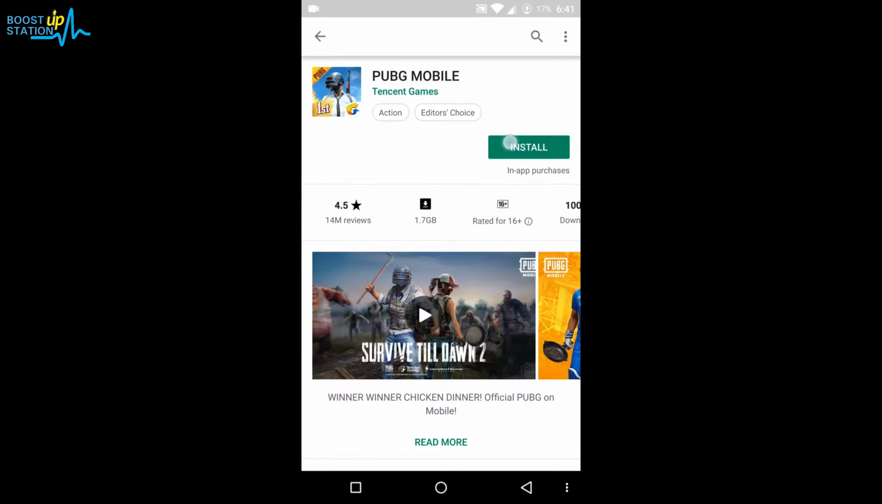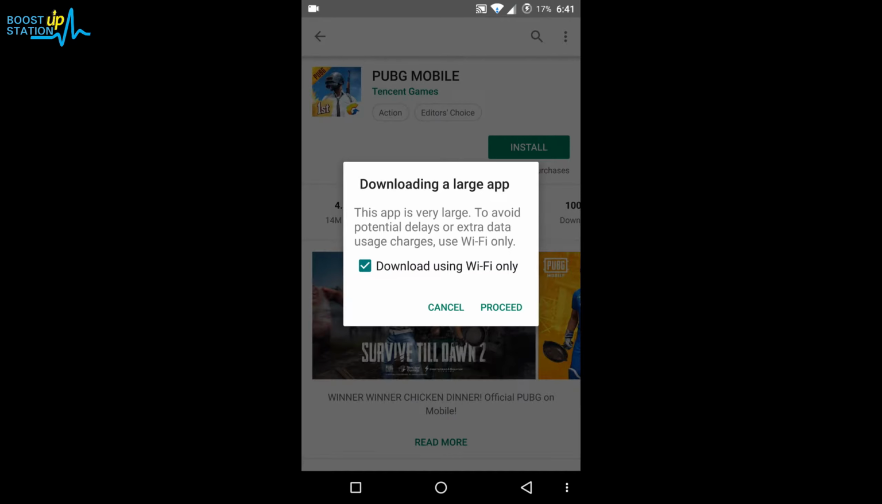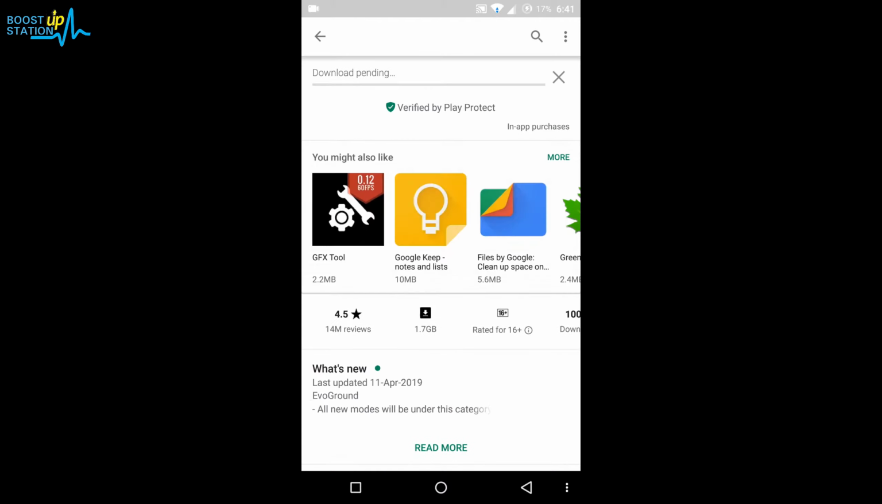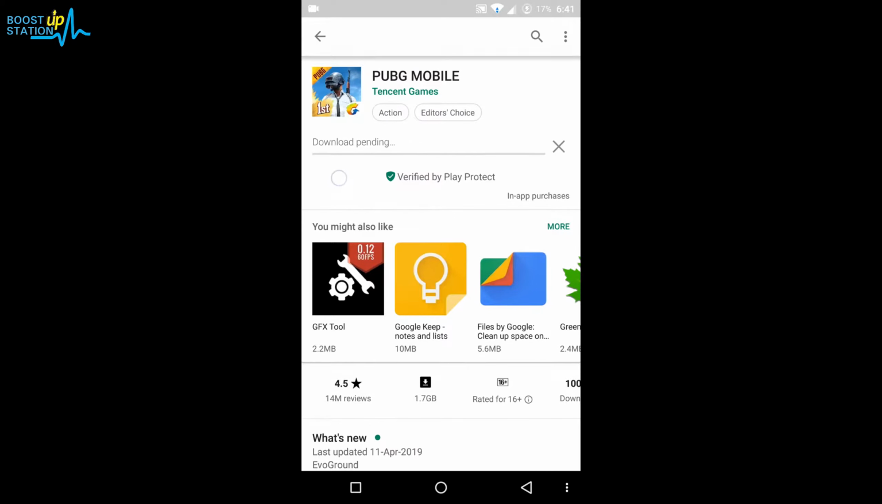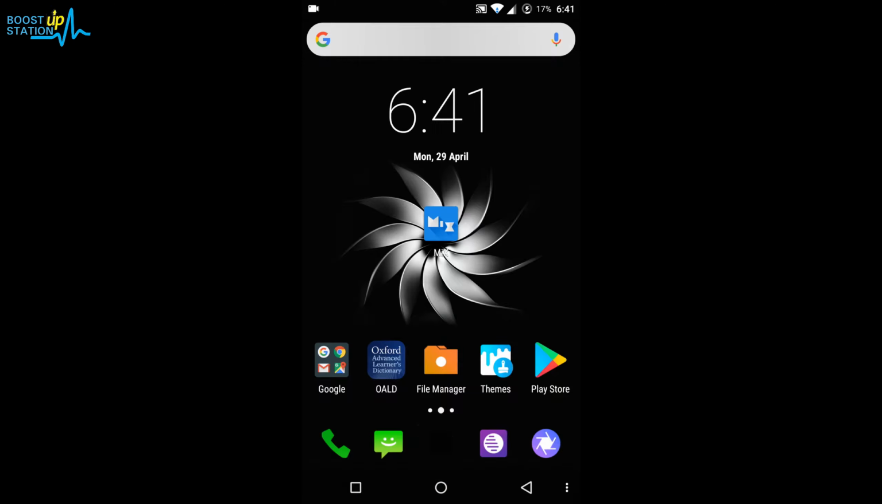Now here you can see that when I just click on install and accept the license agreement and click on proceed, here you can see that it is showing me download pending option. Alright, so now to fix this, what you need to do is just cancel it from here